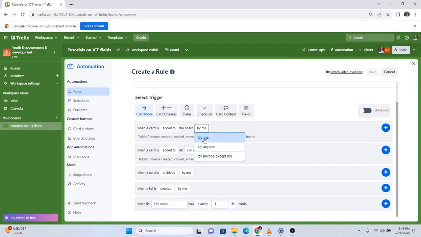But if you want to make it movable by everyone to trigger the change, you can choose by anyone. So let's just say by me for now. When the card is moved by me,